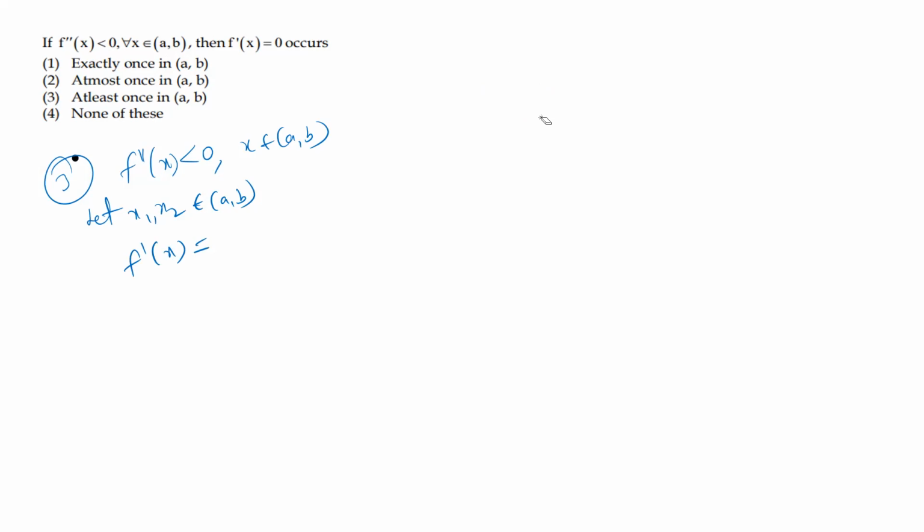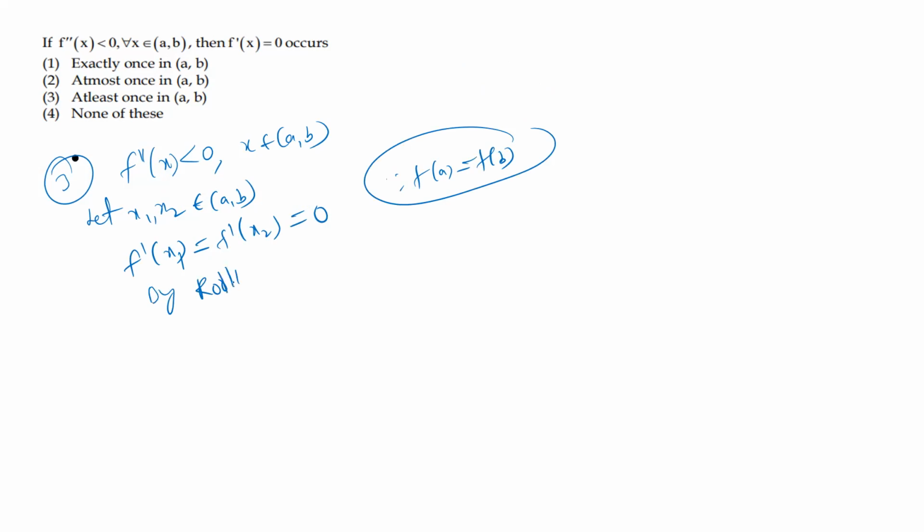Now the function value in that interval must be 0. Now we should take here the values, f dash of x1 and f dash of x2 must be 0. Here this is like f of a is equal to f of b. That's why it is satisfying Rolle's theorem. By Rolle's theorem, this is like a function f dash of x, its derivative f double dash. Now it is a condition we are taking like that.